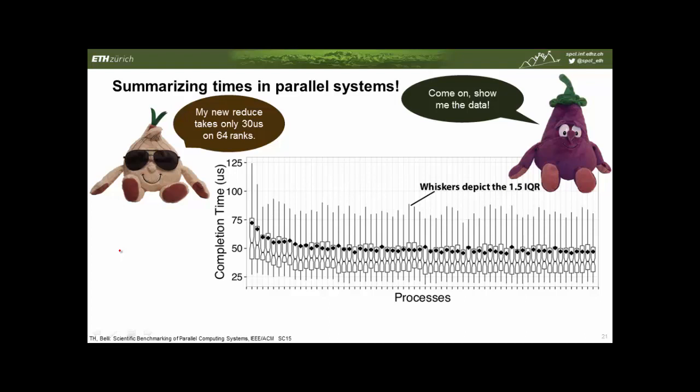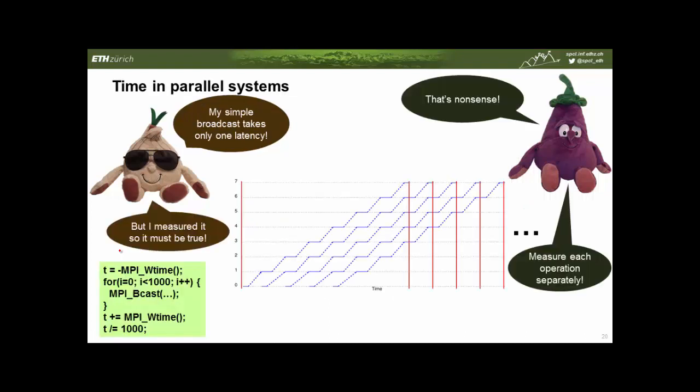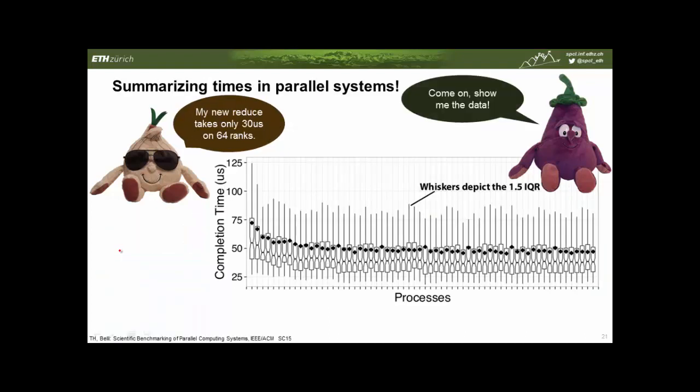So this is now a whole series of box plots, as you can see, right? And what we first see is a very high variation, okay? But now the question is, how did you summarize the data to get to these 30 microseconds? Did you take the slowest one, which is in fact 75 microseconds? Or did you just take the median or the mean or any useful statistical measure across these processes? Of course, if you do that, you can cheat again arbitrarily badly, right? And in fact, you can get back to this very result just by using statistics in the wrong way across